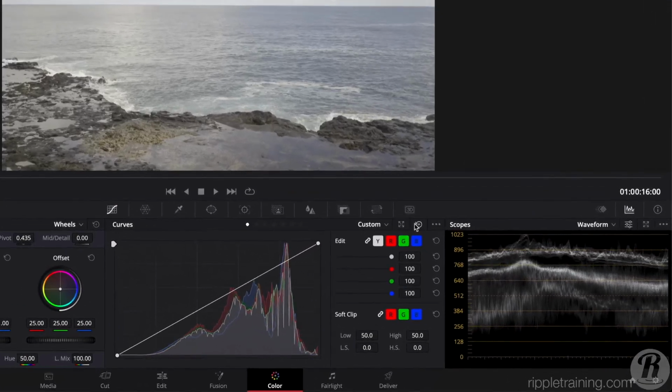In the waveform, we can see a good distribution of values. However, there's very little on the bottom of the waveform. In other words, there's very little dark shadow area. The highlights look good, nothing's clipped, but we need to take care of expanding the tonal range, specifically in the lower area. Curves are another approach to grading a clip and can be used to adjust tonal range, color balance,